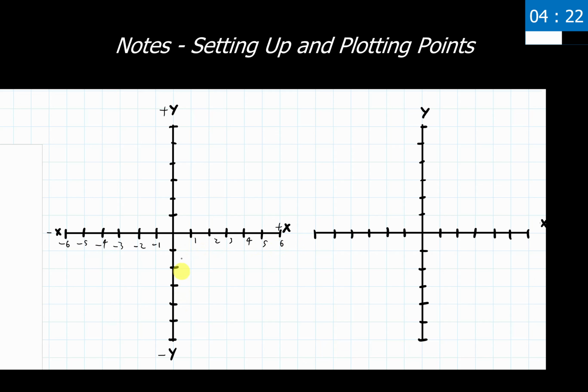I need to now do the same thing with my vertical axis. And again, our vertical axis can go by a different scaling if we'd like to. So for the sake of showing it, I'm going to write the y-axis as I'm counting by 5s. Could be by 1s for the problem you're working on, could be by 10s, by 2s, your choice. But we do want to still label it accordingly. So again, I'm going to go by 5s here. So I would have 5, 10, 15, 20, 25, 30. And then the same thing in the negative direction: -5, -10, -15, -20, -25, -30.